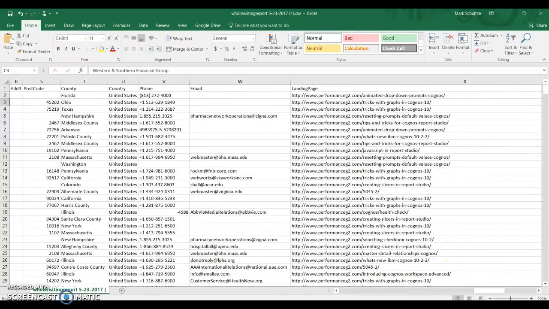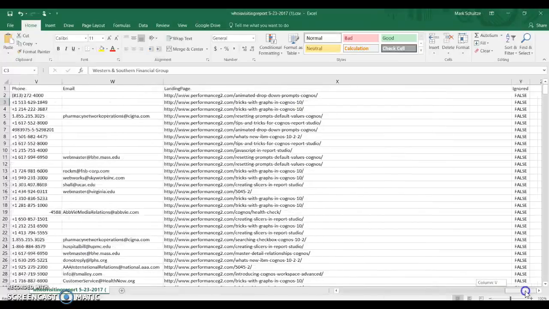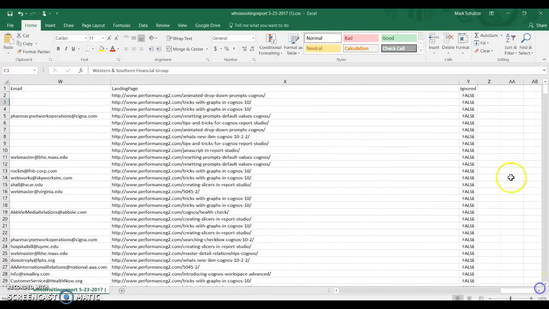And so I just need to, on the bottom right here, what you're seeing I'm dragging my mouse. And so I'm up here on this column Z, and I'm going to put in something here called source. Because most of these are going to be Cognos. So then I come down to the next row, type in Cognos, and then I'm going to come up here,